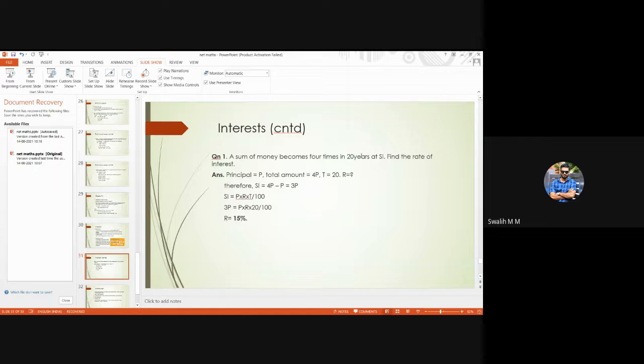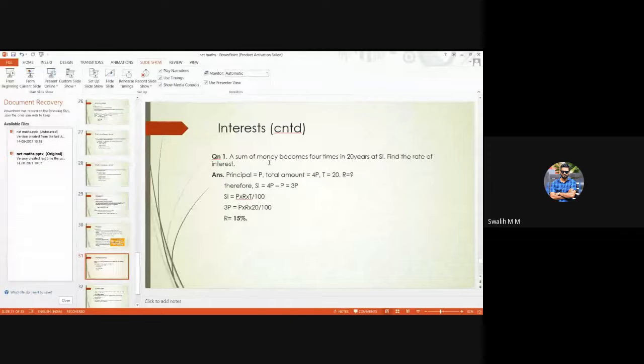This is the most common format of questions in interest. Now there may be some differences. For example, the rate of interest would be given, and then time would be asked. That kind of question might be asked. Then this 4 times may become 7 times, 8 times. Generally, only this format of question comes for simple interest. Only this would change. 20 years would not be given. Find the number of years. The amount becomes 10 times, and then the rate is given as 10%. Likewise, the question would be given.